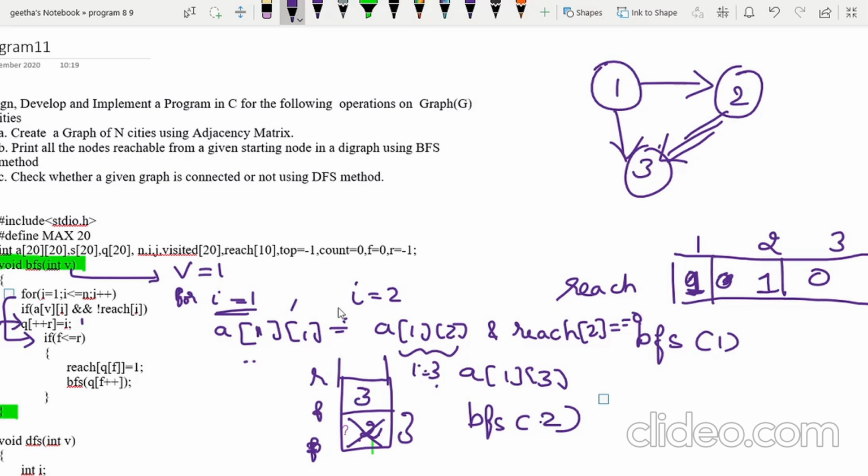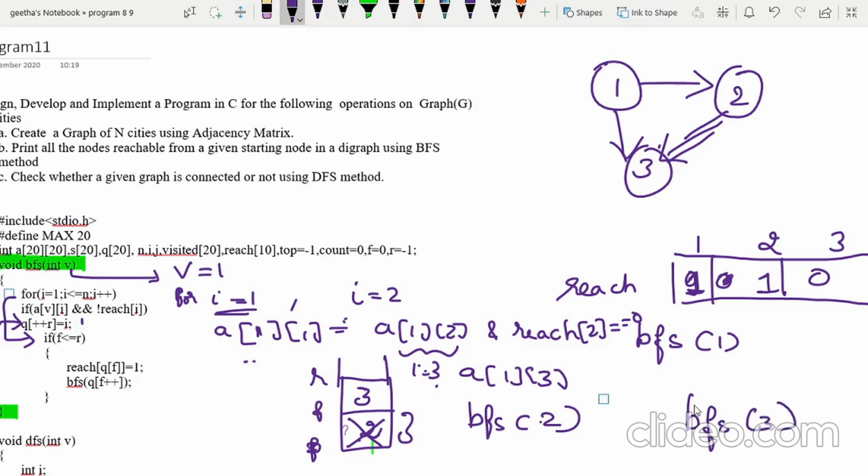But in this case there are no unvisited nodes adjacent to 2. So again you will come back to the same place, and then again you are going to call BFS of 3.